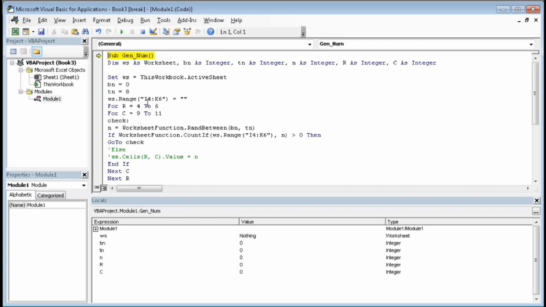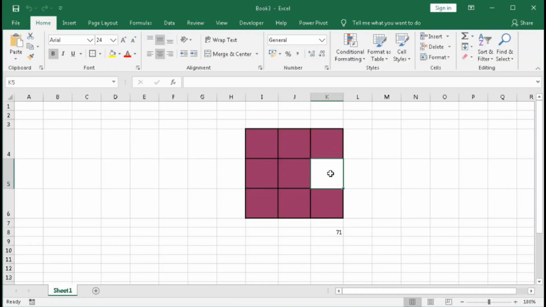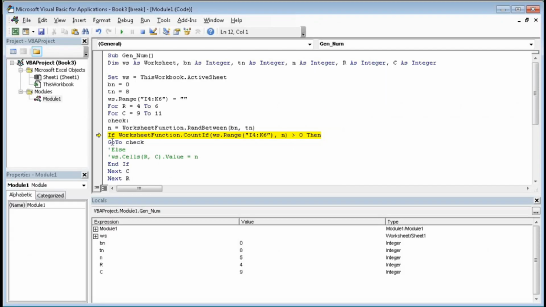You can see the general number started this code, and here bn equal to 0, tn equal to 8, and now here n equal to 5. You can see here, and now it will check if there is any 5 or not. So we do not have 5 here, so it will continue the code to here, else ws.Cells(r, c).Value equal to n.